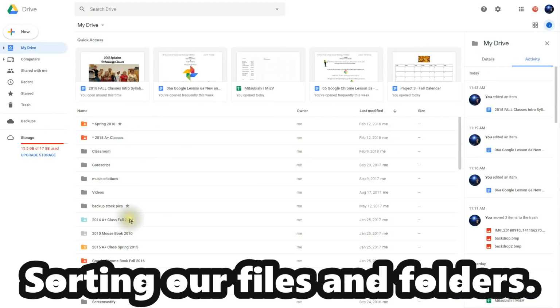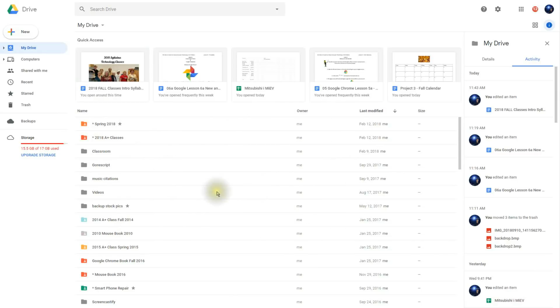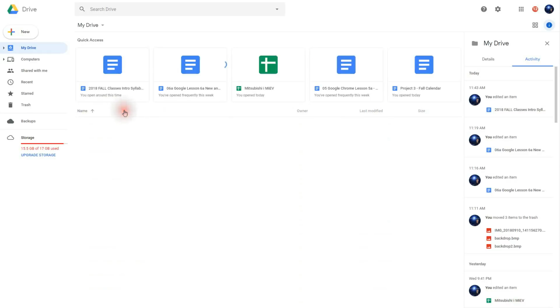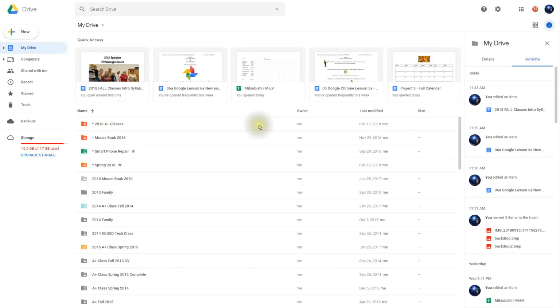Another feature I want to go over is looking at this main area here. This is the main viewing area in the center of your screen. And you notice that I can sort by name, by owner, last modified, or size. So if I click on name here, and now I'm changing it and I'm looking by the name.